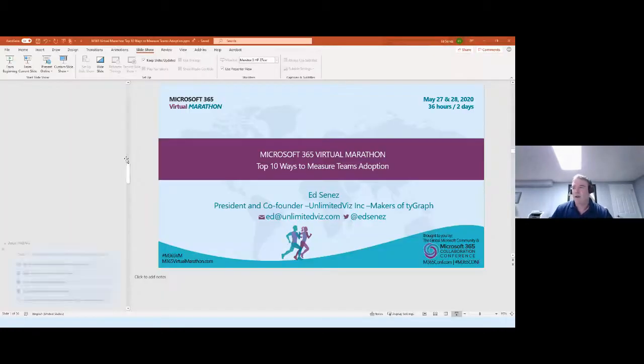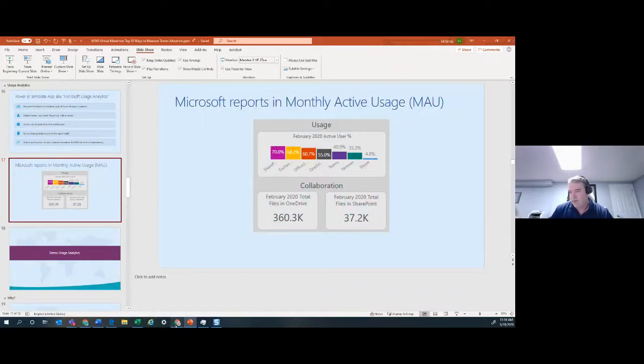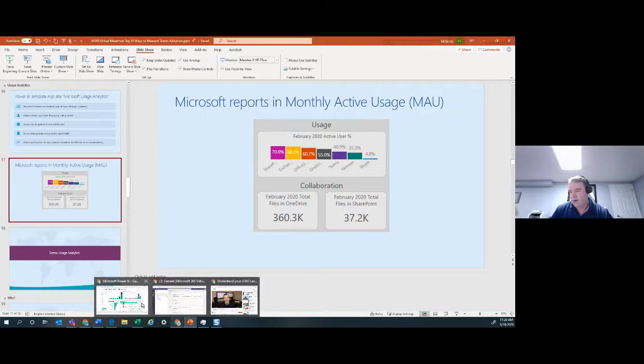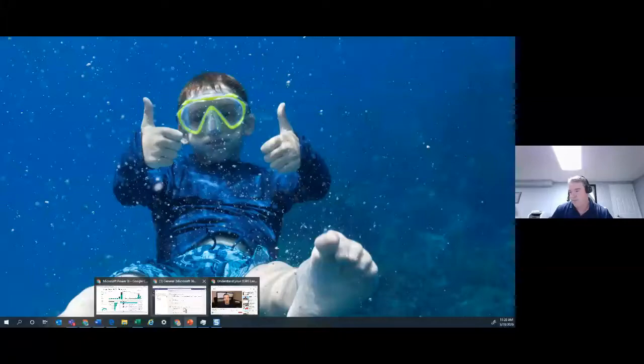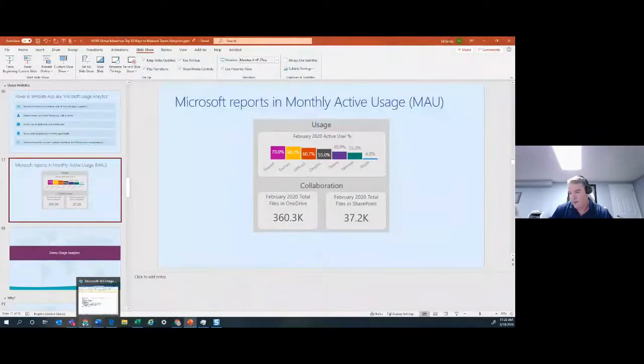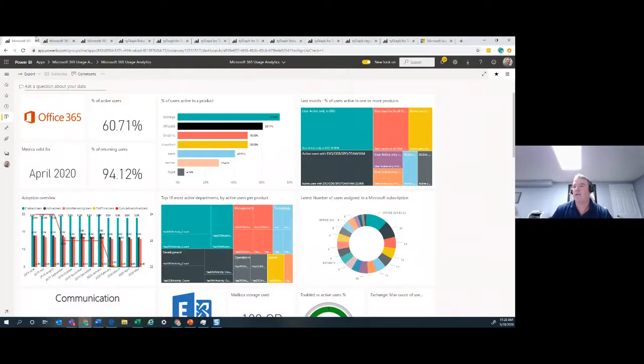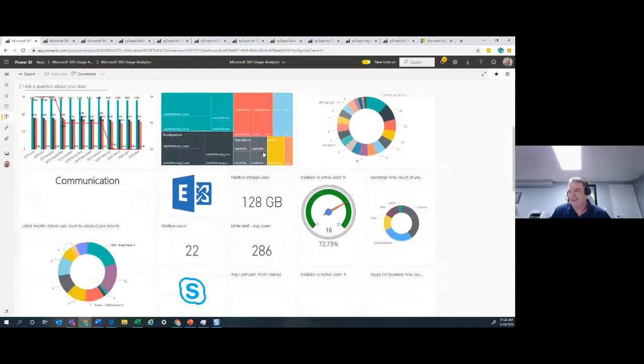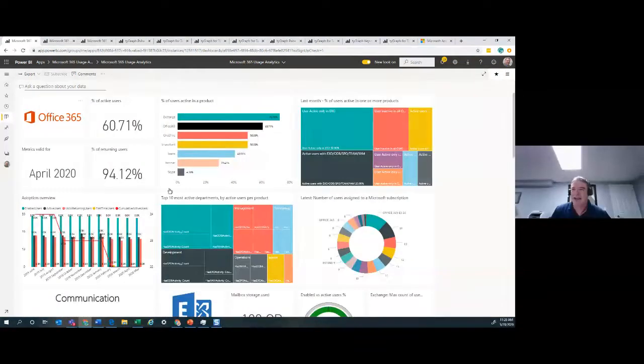So without further ado, I will. There we go. So first things first, if you're seeing this screen, you're on the old version. I like to point this out because a lot of organizations go and try to collect the data and they're using the old app.